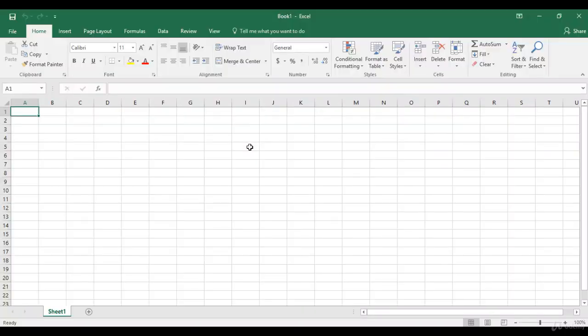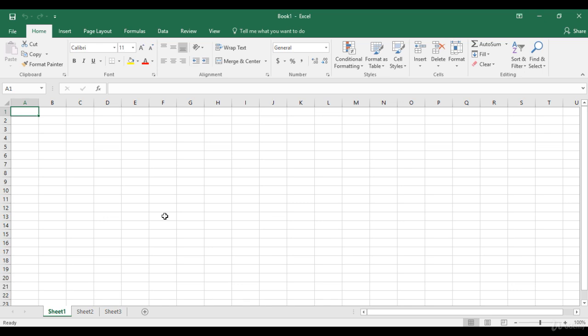This is how an Excel file looks like. If you have an older version of Excel, that is 2003, 2007 or 2010, you may have noticed that as soon as you opened the file, you had 3 sheets over here. So I can add more sheets to my file in the 2016 version by just clicking on the plus. In the older versions, it's the default setting. So not much of a difference as such.